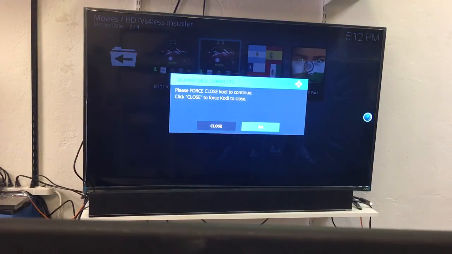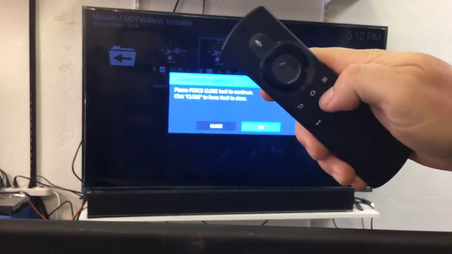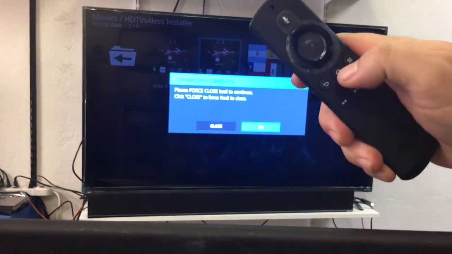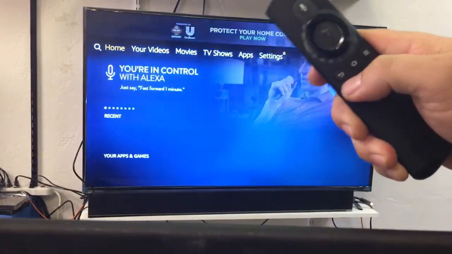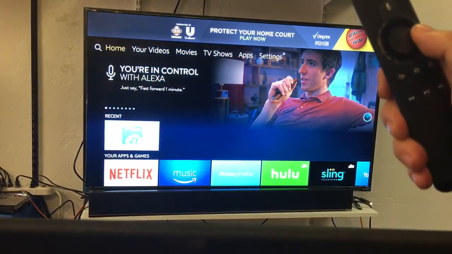There we go. Do not do anything right here. Do not do anything. What you're going to do is click the home button right now. Do not do anything except click the home button. Just like that. You click the home button. Now here's what we're going to do. We're going to go over to